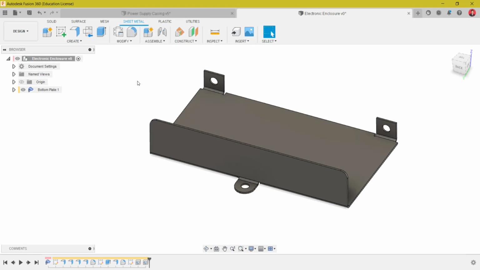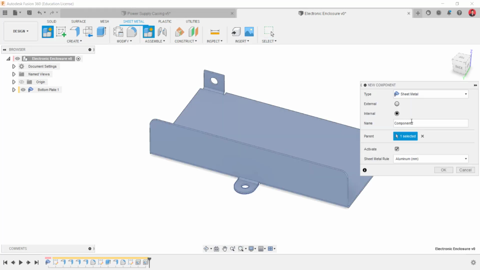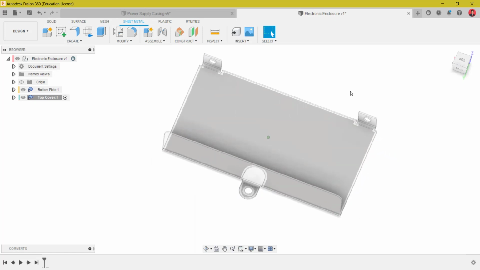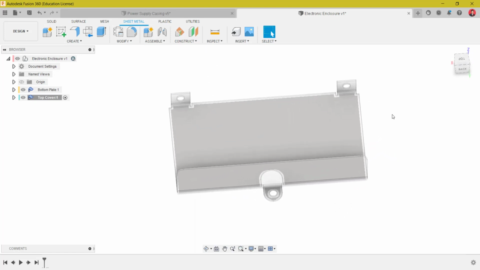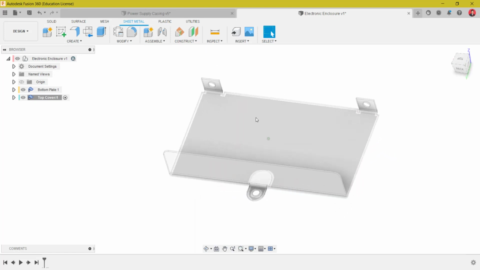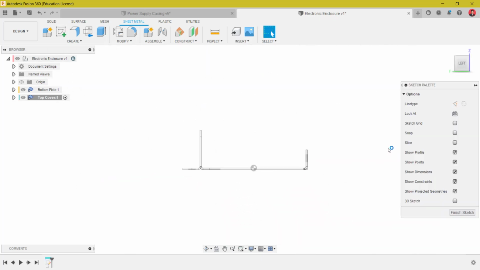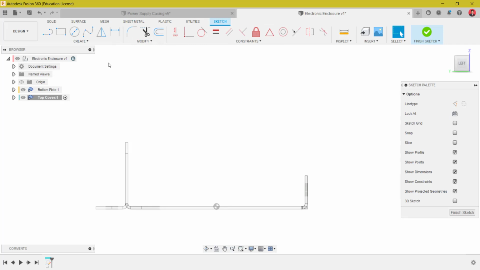Okay, and now go to the top level assembly and then create a new part using the same sheet metal component, and the name is top cover, and make sure the sheet metal rule is the same as the previous one, although we also can have a different rule for a different part, but in this case I will use the same. So create a sketch